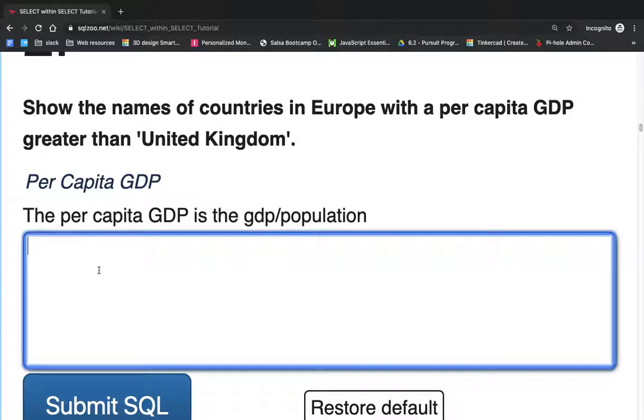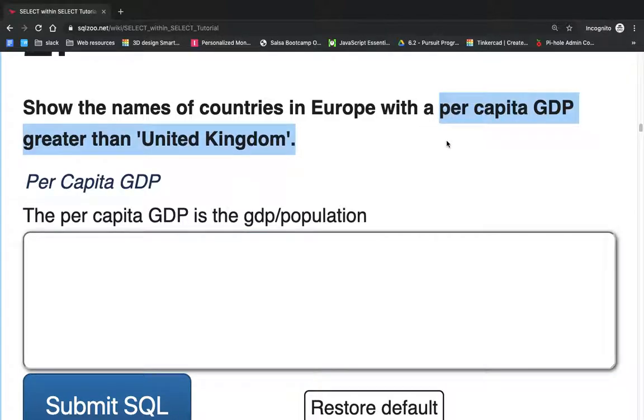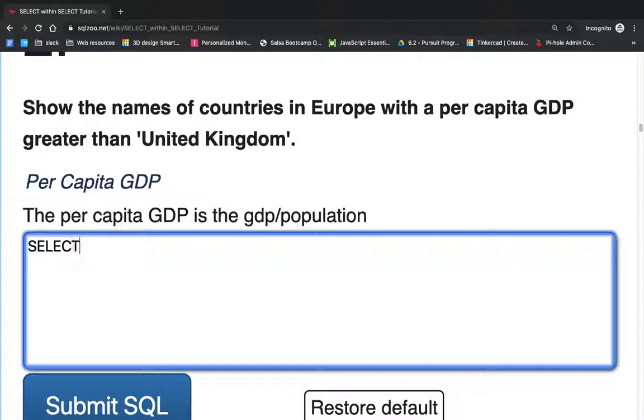So here, what I will write first is let's get the per capita GDP from the United Kingdom to have it first and then compare it to everything else. So let's do select. The per capita GDP is GDP over population, so you can just do GDP over population. Let's do this from world